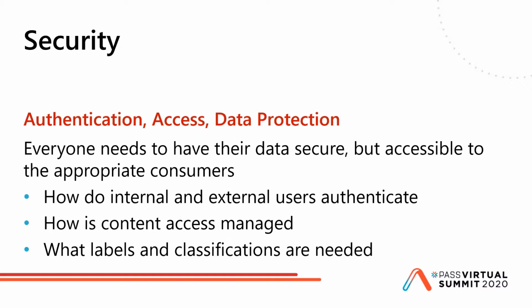And then there's security. So we have to think about protecting our data, and this is talking about access and authentication. We want our data to be secure, but it needs to be accessible. So our governance plan needs to balance that: we secure it, but it needs to be accessible. Remember, we're trying to break down silos and empower our users to make decisions based upon data. But if they can't get to it, then how are they going to do that?